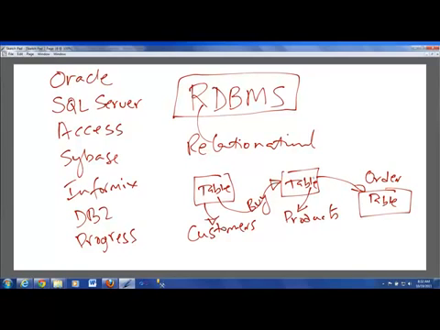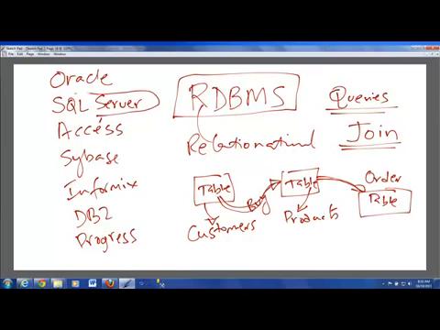So the customers, when they buy a product, they will place an order. So as you see, there is a relationship going on between this and this. When we write those queries, there will be something called a join, right? So we'll be talking about the join queries and all that. What I am going to do right now is quickly talk about this database, show you